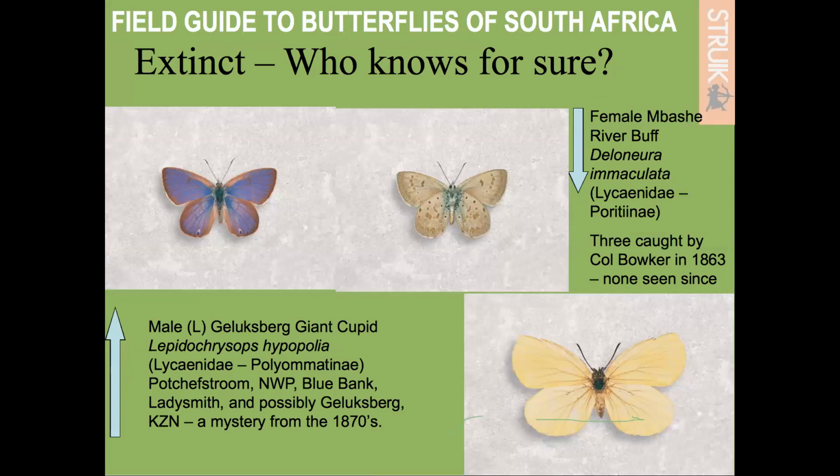However, now we come to the end. There are two extinct species where we don't know for sure. The one, which is a subspecies of a thing called the monkey blue, or monkey giant cupid, we think is extinct because the only known locality is now a quarry. And it wasn't found anywhere else when it was known. But these two, the Kaluxburg giant cupid, which has just been renamed after the place where we think it's found,